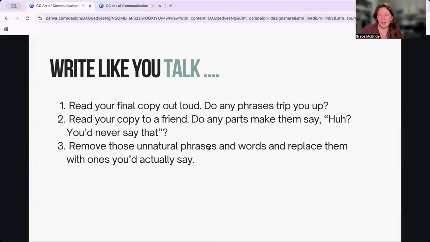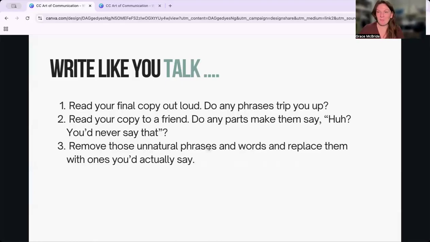Often I'll find that people will read their copy to another person in their organization, which is good, but I'd really encourage you to every now and then read your flyer copy or your email copy to a friend that's got nothing to do with your organization or community group, because you want to make sure that you're not using any internal or assumed language that someone in your organization knows, but a member of the public has no idea what you're talking about. So if you read your email copy, your flyer copy out to a friend and they're like, what? What does that mean? Or that doesn't sound like you, then you know that you need to make it clearer and you can get rid of some of those words.